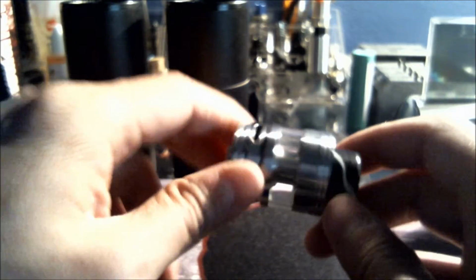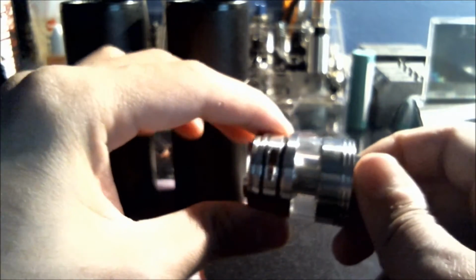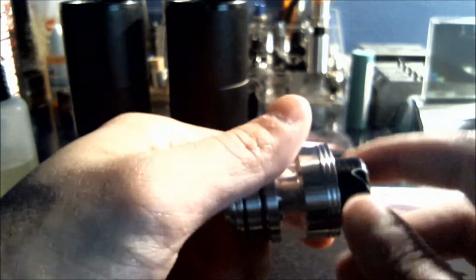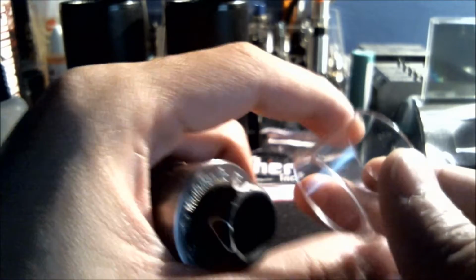He sent me this guy. So shout out to that guy. I highly recommend his drip tip. It is super comfortable for this guy, and there's a whole bunch of other drip tips that he makes, like the Apocalypse one for the Apocalypse RDA, from what I've seen on his Facebook page, and they're all really nice looking. But yeah, so you just go to his Facebook page, go through the gallery, find a design that you like, and ask him to make you a drip tip or an extra tank,